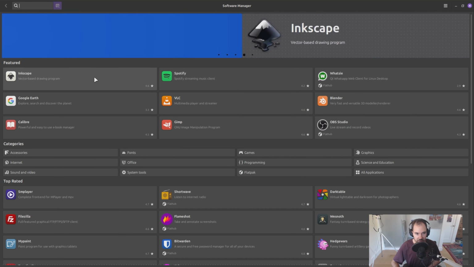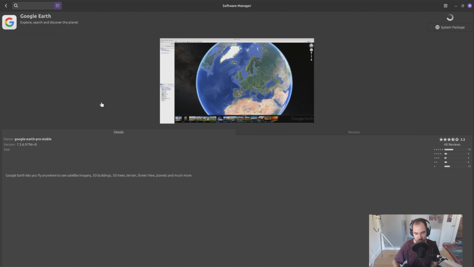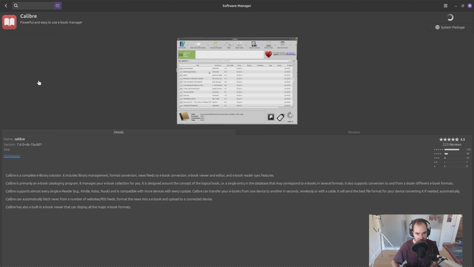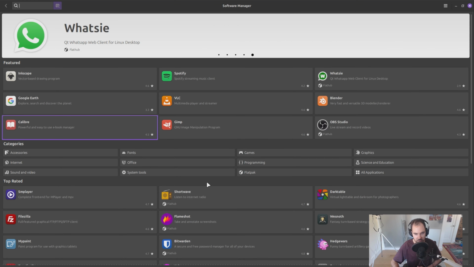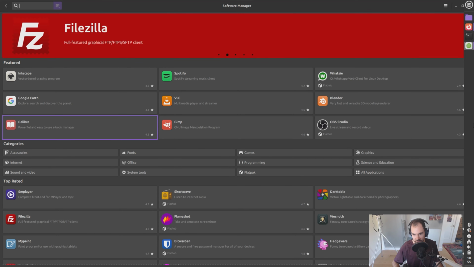So like, you know, we have all of your favorites like Inkscape and Google Earth, which I think is deprecated. Now it's the one online, but that's okay. You know, Calibre, which is a good ebook manager if you're looking for something like that. There's GIMP, there's Blender, there's various WhatsApp clients, there's games, there's all sorts of good stuff in here. Because again, this is how you're supposed to install software on Linux. You're not supposed to go to the internet. You're supposed to go to your distribution's